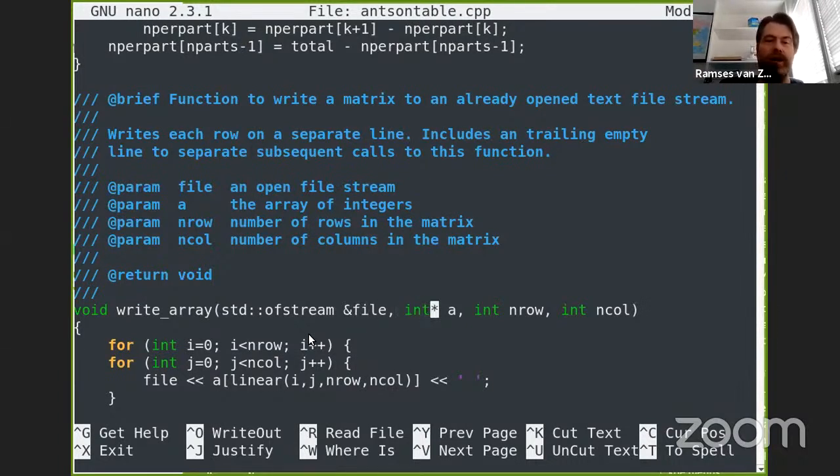We'll have an array. The array will be an array of integers; the number of ants are integers. It's going to be one linear array. So that's where that linear stuff comes in. And we'll have to pass in the number of rows and number of columns, as I explained